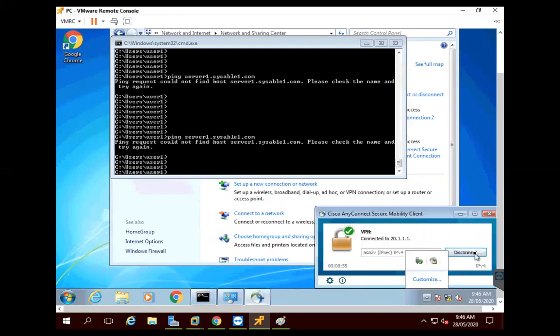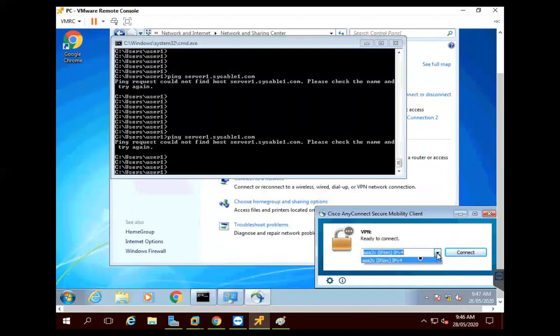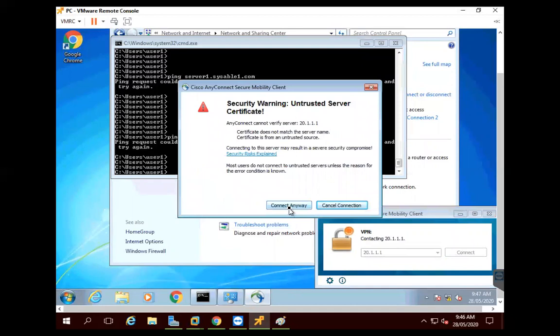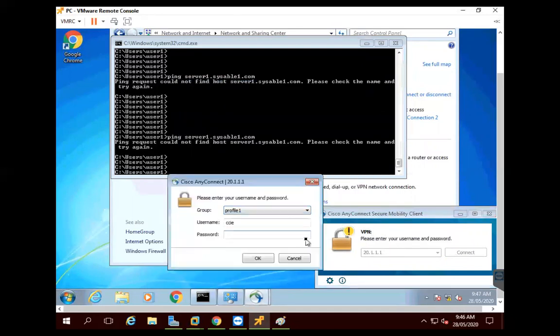So click on this one, disconnect. 20.1.1.1, and I will connect again. And provide the name CCI 123.